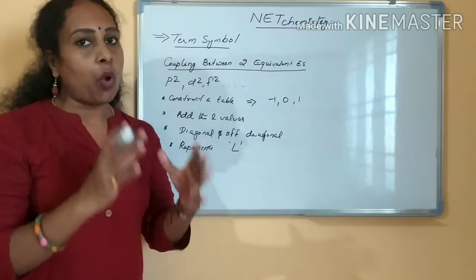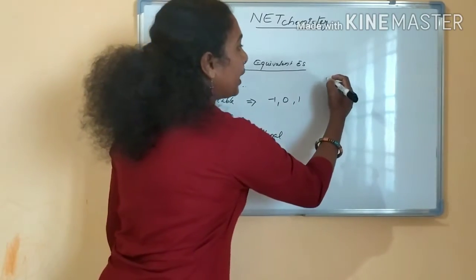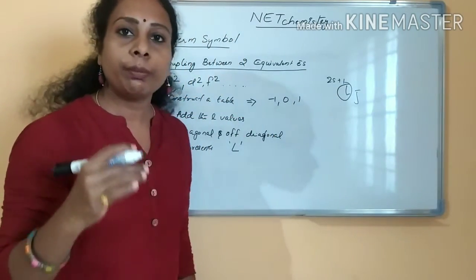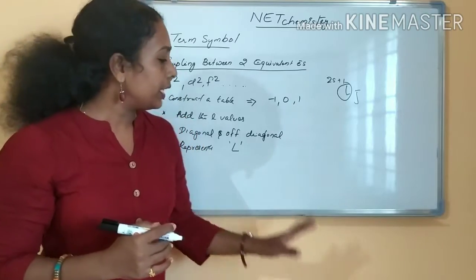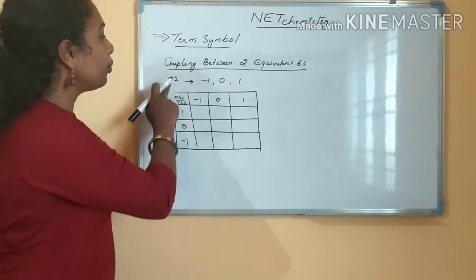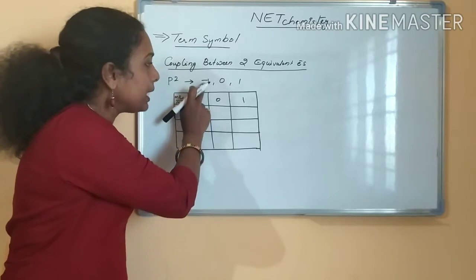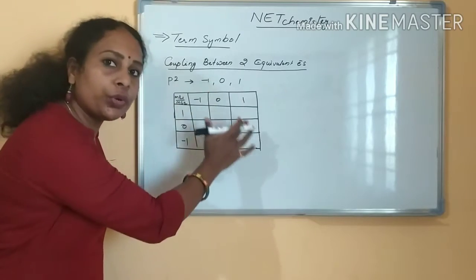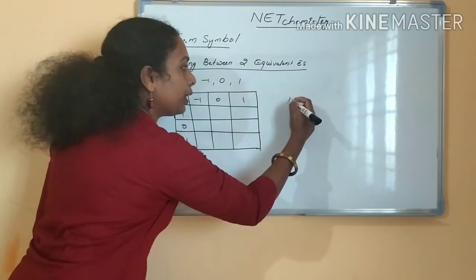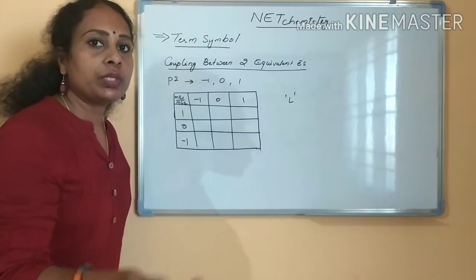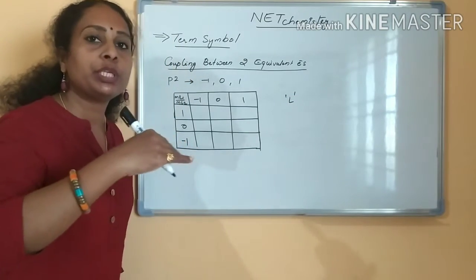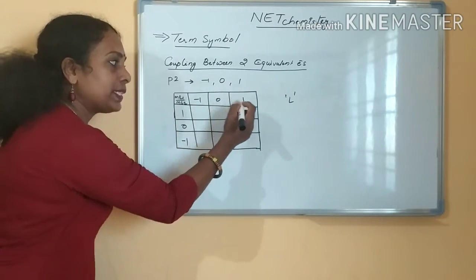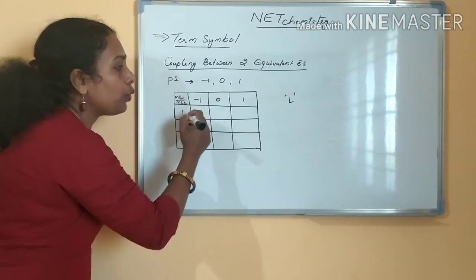You know the formula: 2S plus 1, L, J. The L values you will get from this table. You know the p orbital L values are -1, 0 and 1, as I said. So we are going to construct a table and find out the capital L values. Capital L values are nothing but the summation of the L values. I have written here -1, 0, 1 and 1, 0, -1, so you have to add these.